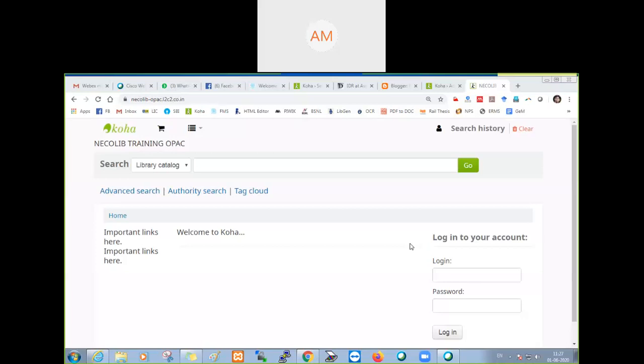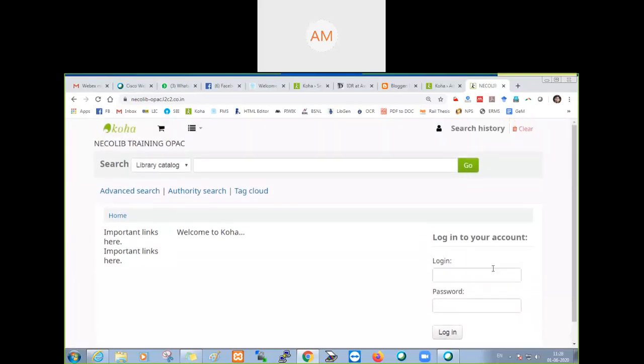So welcome back. There was some network issue at my end. So I'm on again. Now you can see the login screen here in the OPAC page.